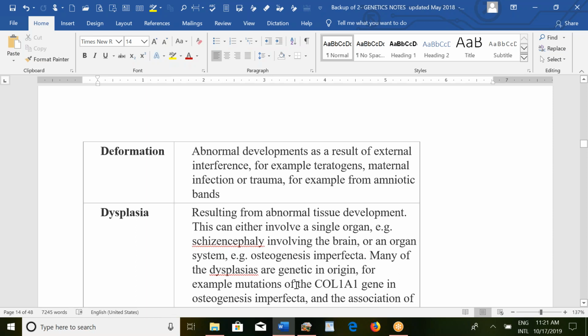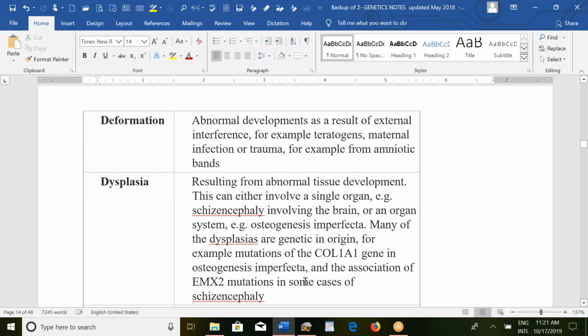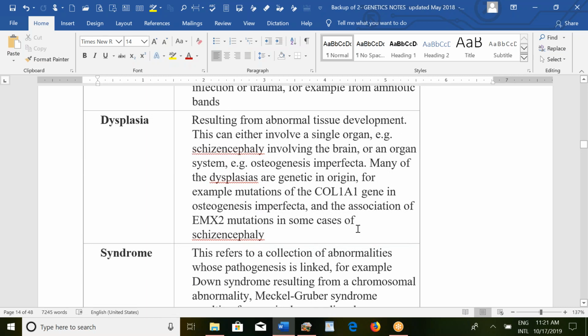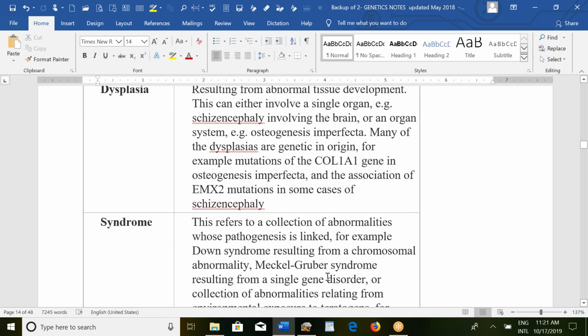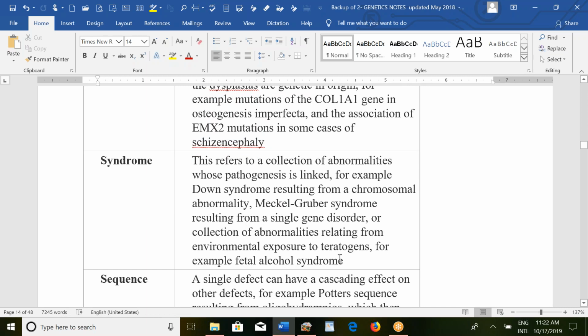For example, mutation of the COL1A1 gene in osteogenesis imperfecta, and the association of EMX2 mutation in some cases of schizencephaly. In osteogenesis imperfecta, the baby will have brittle bones and blue sclera. So then what is a syndrome? A syndrome refers to a collection of abnormalities whose pathogenesis is linked. For example, Down syndrome resulting from a chromosomal abnormality, then Meckel-Gruber syndrome resulting from a single gene disorder,